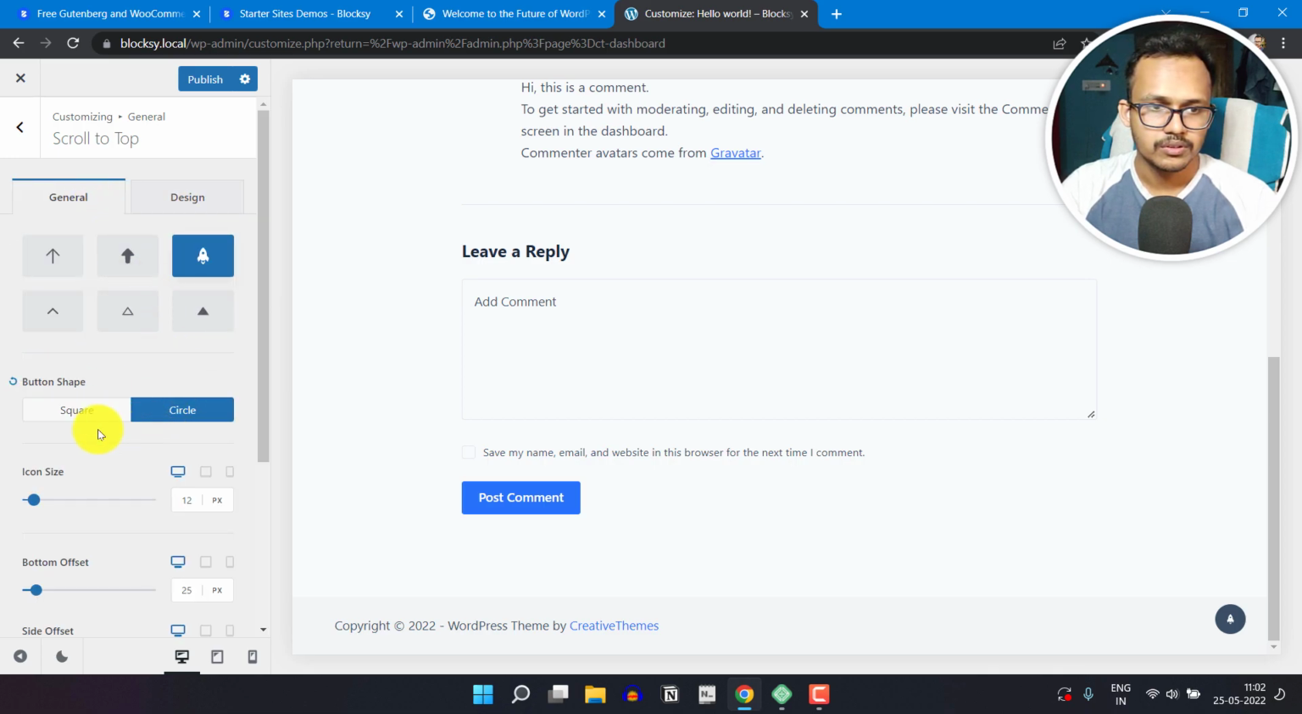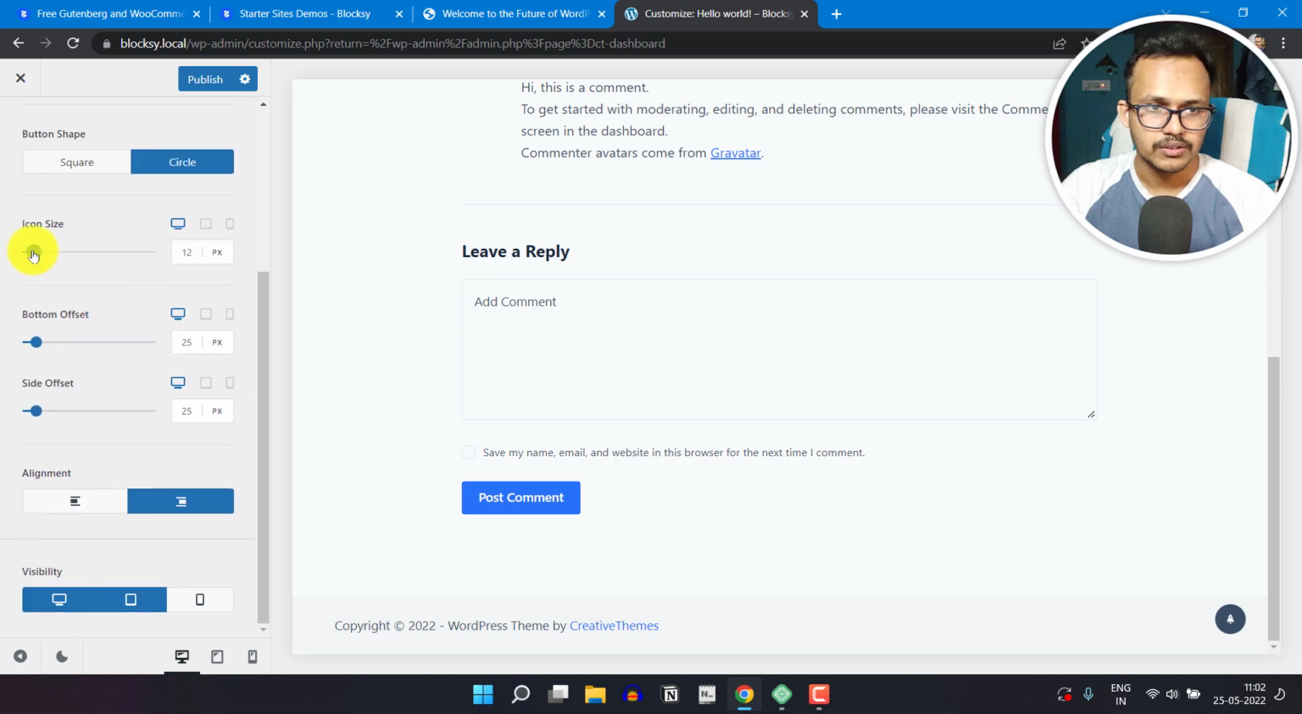So here you can change the icon size a little bit, so here you can increase the back to top button size, and here you can also adjust the side offset like this. So I will keep this default, and here you can also take it to the above position, so let's save it by default. And here you can also change the position from left and right, and you can also set